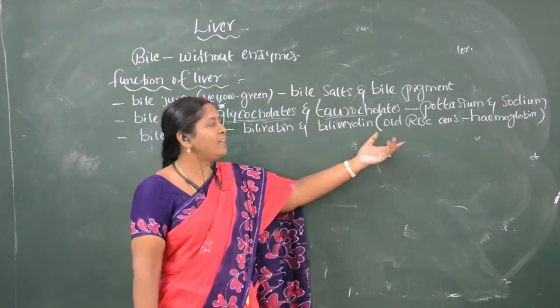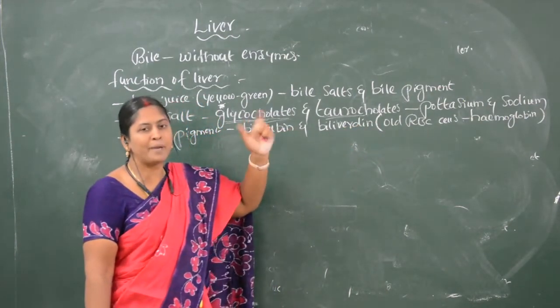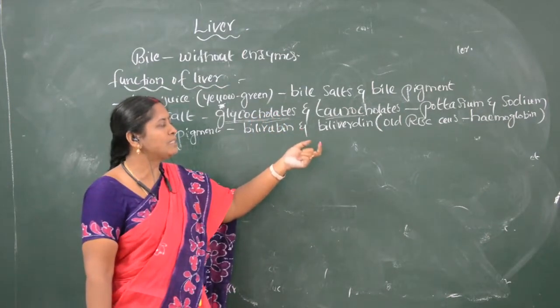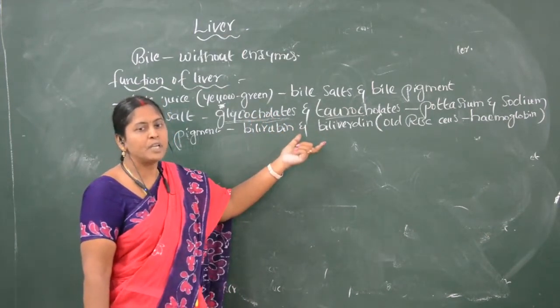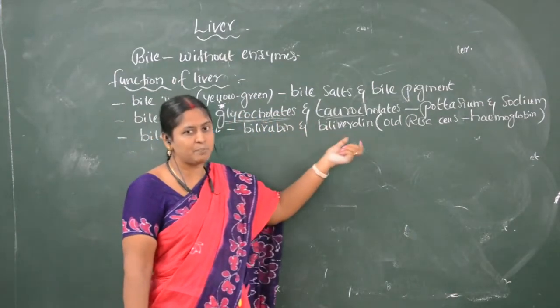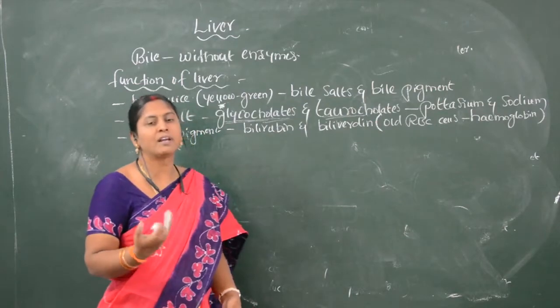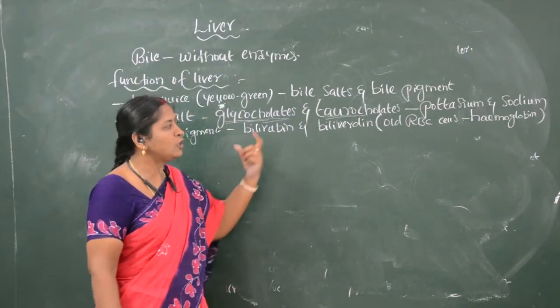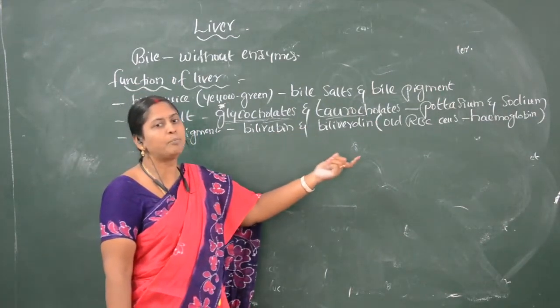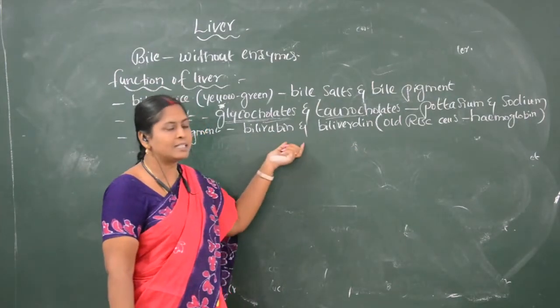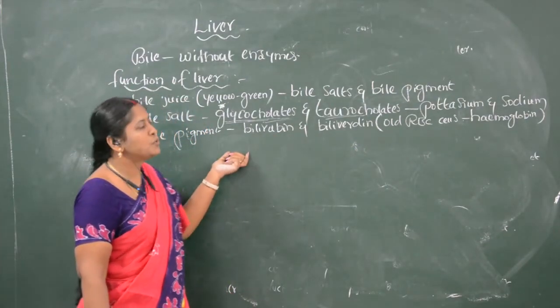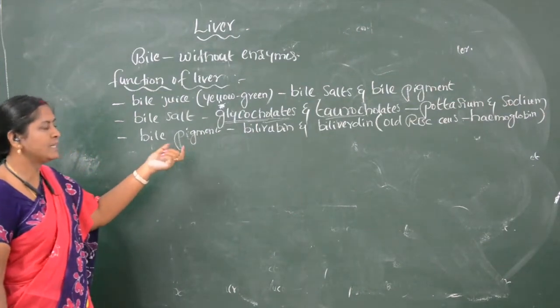We know that hemoglobin consists of a pigment, globin, and heme, which is nothing but an iron particle. The iron present in the hemoglobin enters the body again for other functions, whereas the globin molecule, that is the pigment molecule, enters as a bile pigment. In this way, the bile pigment is formed.